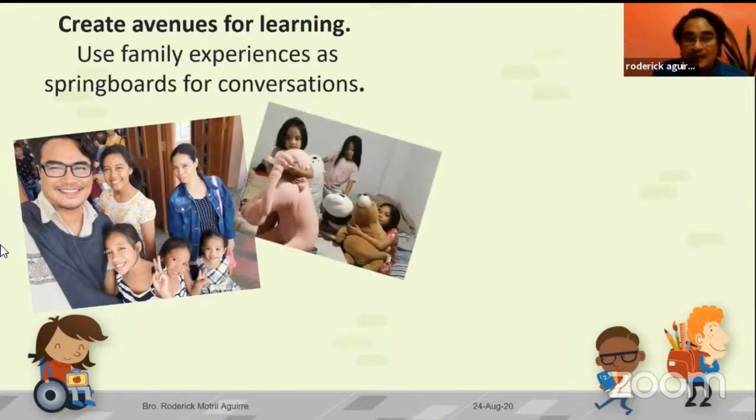All right? Another one is opportunities like buying toys. I ask questions like, what is your favorite color? Would you like a big toy, a small toy? They'll say, I like it the same width, but I don't like it to be color like that. So I provide them with opportunities for me to know who they are and how they are evolving as individuals. And by conversing with them and making them understand and talk about what they want and what they need, eventually they get to know who they are. Kaya di ba, ang social emotional skills is, first and foremost, being able to understand who they are. Sino sila? Anong mga nararamdaman nila?